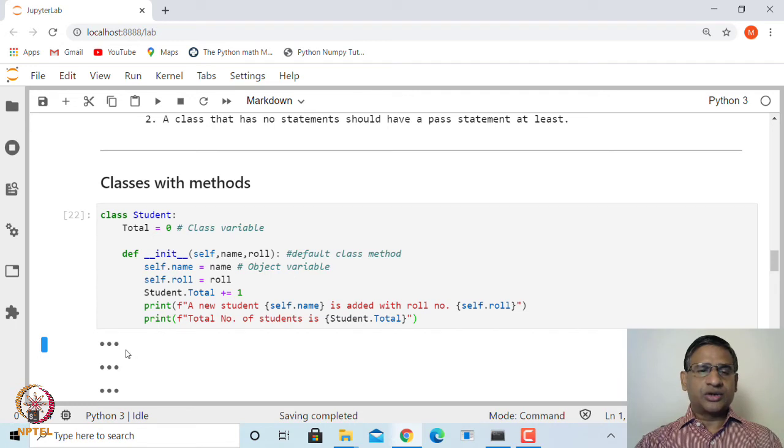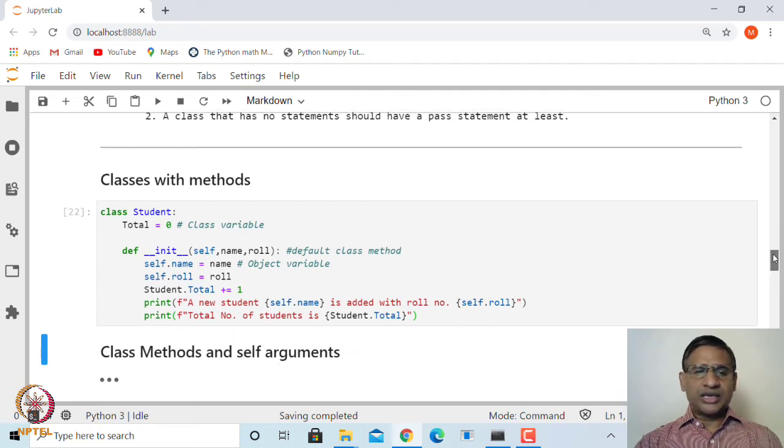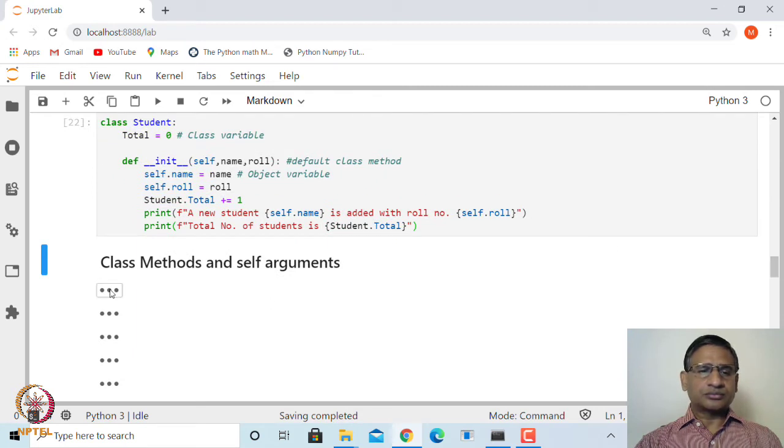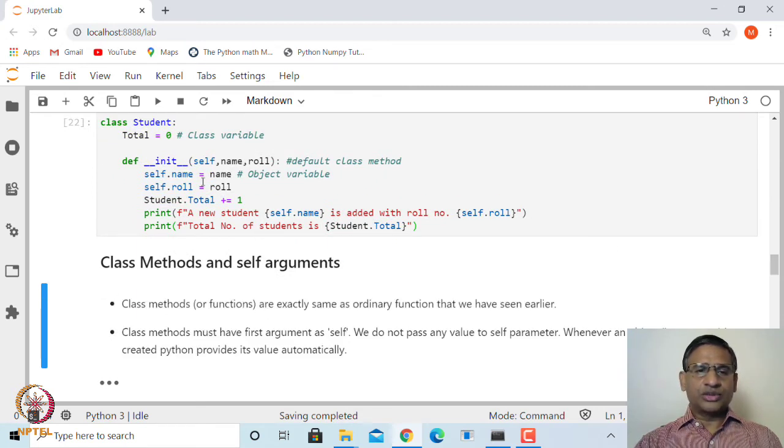then we can keep on adding different students. That means we can create as many objects as you want. And of course, in this case, as you saw, this init method has one argument which is self, and we do not actually pass any value to this parameter. Okay.